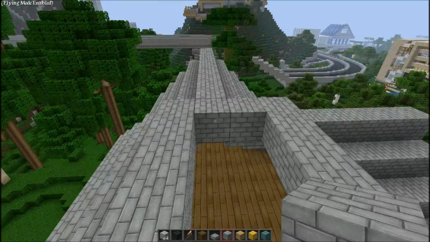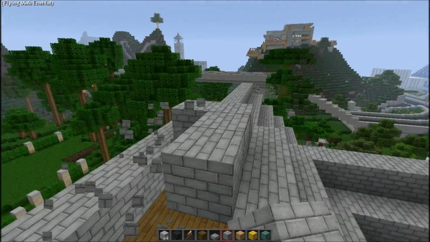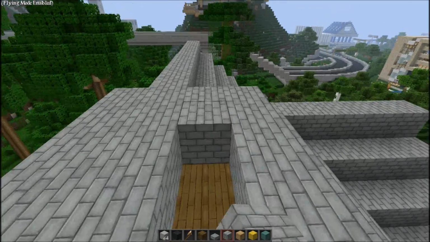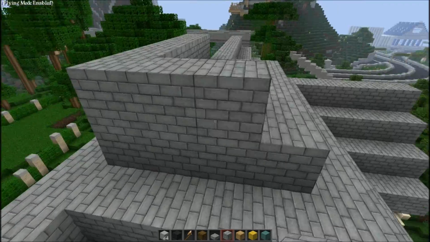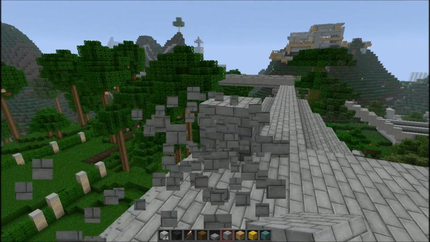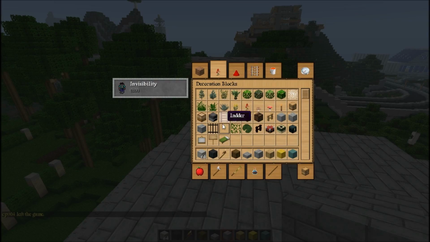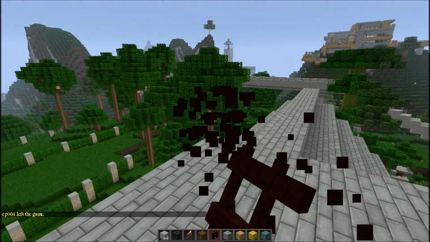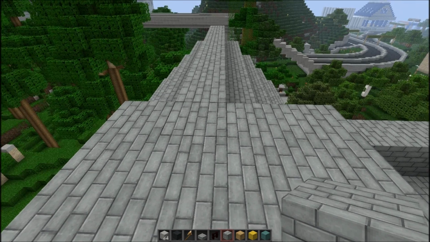One would just be to go ahead and finish this roof off like this, or what you could do is keep it flat at the top here, and what I'm probably going to end up doing is making something like this. Wait, I don't know, do I want to do that? And getting something like this. But let's see, there's a couple of ways you can do that. One would be this way, where